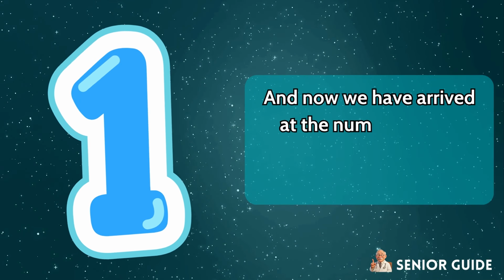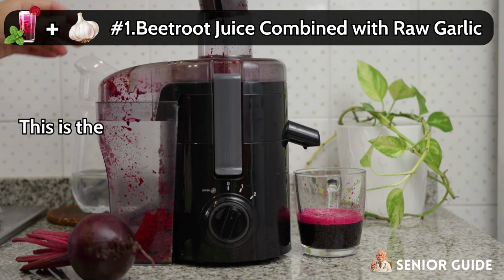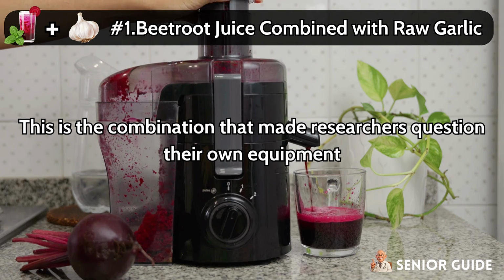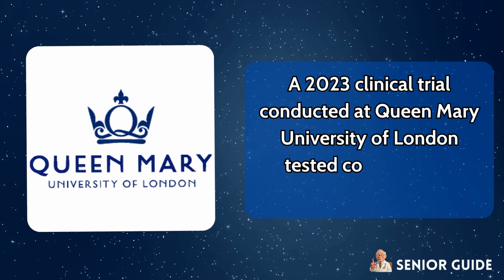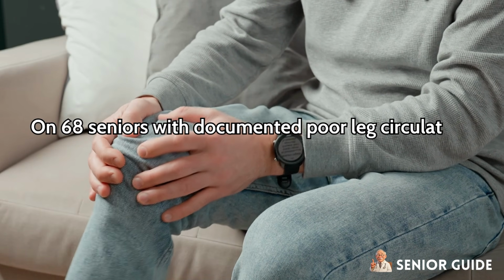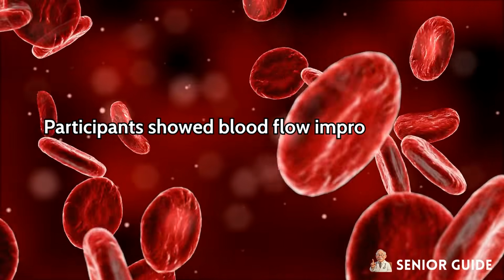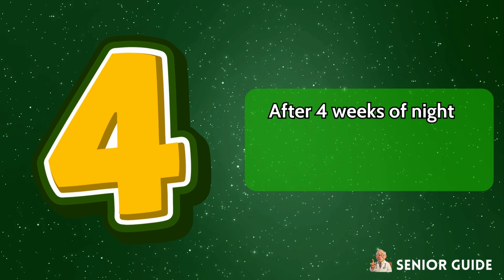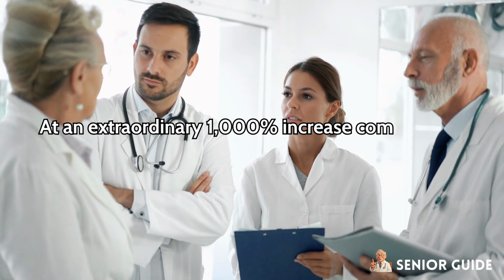And now we have arrived at the number 1 most important item on this entire list. Number 1. Beetroot juice combined with raw garlic. This is the combination that made researchers question their own equipment. A 2023 clinical trial conducted at Queen Mary University of London tested concentrated beetroot juice on 68 seniors with documented poor leg circulation. After just one night, a single dose, participants showed blood flow improvements to their lower extremities of between 200 and 400%. After 4 weeks of nightly consumption, the average improvement stabilized at an extraordinary 1,000% increase compared